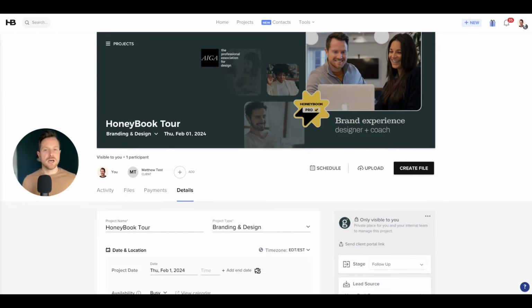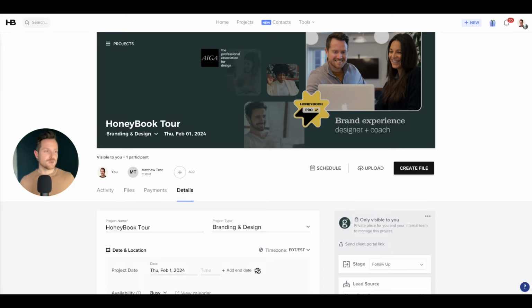HoneyBook does a really great job at customizing experiences to fit its users. And while HoneyBook originally started for pretty much like designers, photographers, and wedding pros, the uses within HoneyBook have well expanded outside of those industries. And so I know a lot of folks that are DJs, dog trainers, contractors, professional organizers. It really does run the gamut, and the breadth of clients or industries that utilize HoneyBook is vast and still